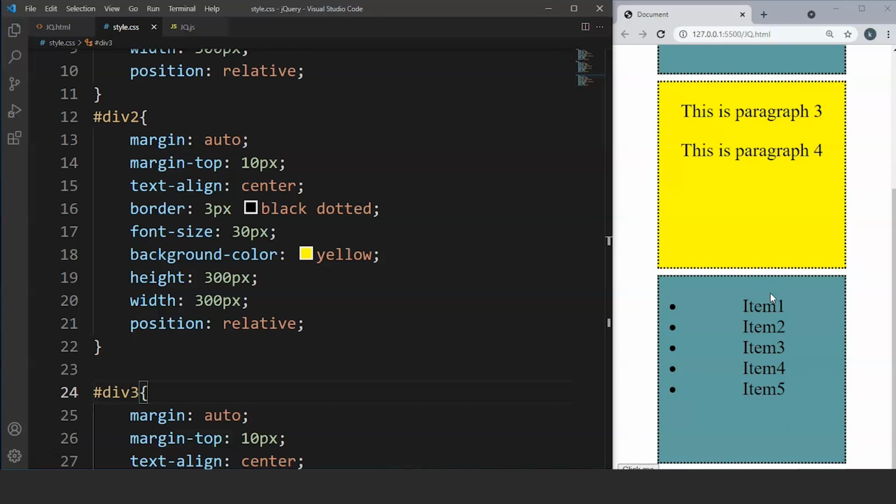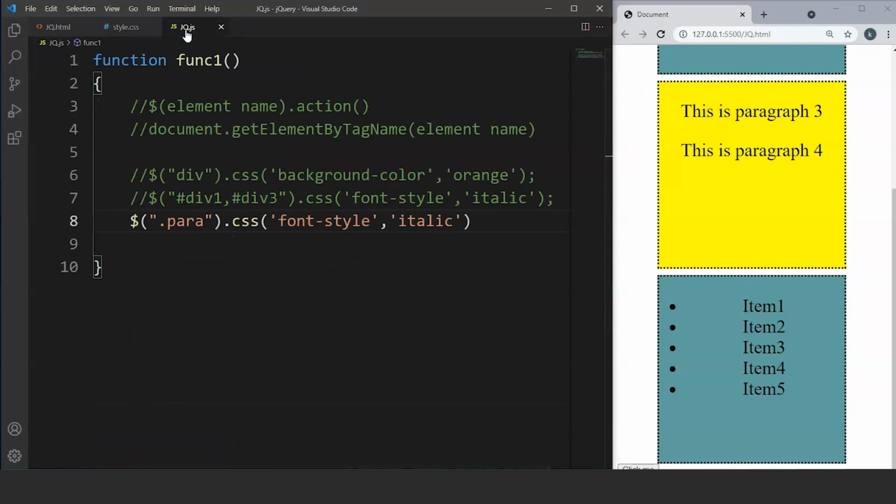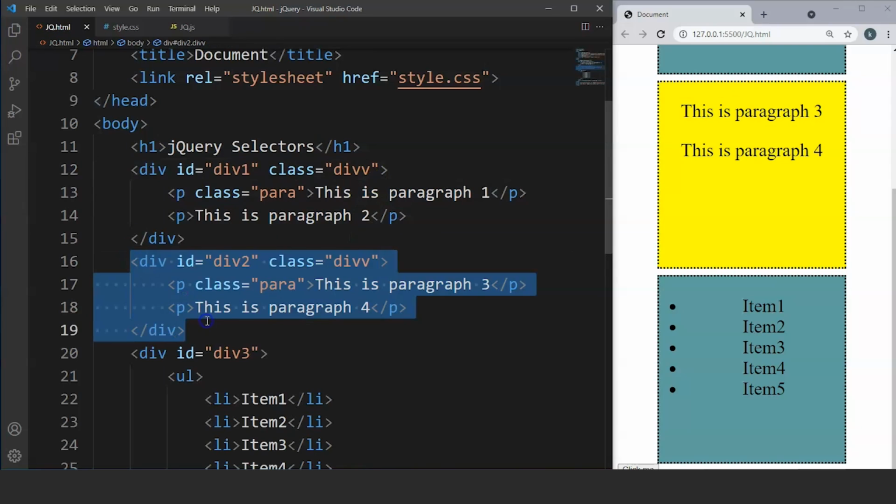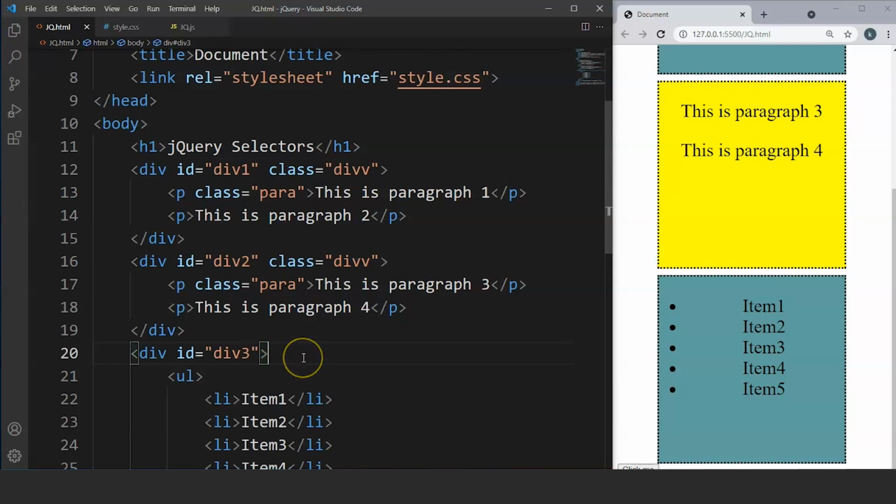So let's move on to the jQuery part now. Now let's suppose we want to make changes in the first two containers only or in any two containers. Let's say we want to change the background color of the first container and the third container to green. And we have used the same class for the first and second container. Let's do one thing. We'll move to HTML file and you can see over here we have the first div tag with class as div with 2 V's and then we have another div tag with the same class. So the third one does not have any class for that, right?